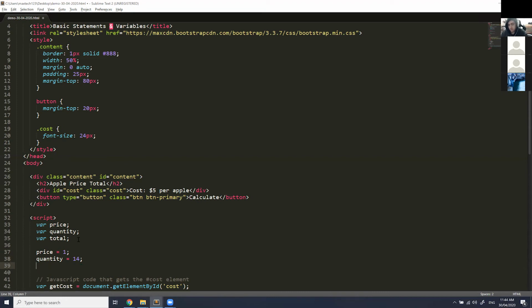and you can see in my editor, and you've probably got the same editor, when I start typing things, it gives you shortcuts. I hit tab and it finishes it off. You can hit enter as well on some editors and it'll finish off the code for you. So what we've done now is we've made a price variable, which equals 1, and a quantity variable, which equals 14, okay? And then after that, I'm gonna say,